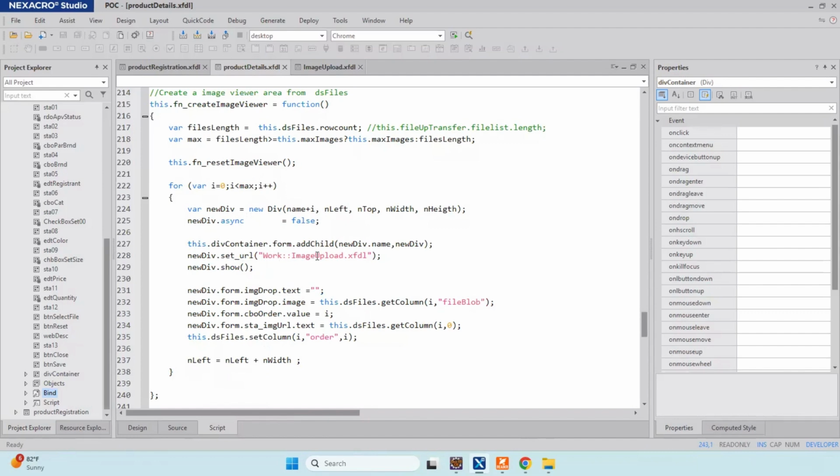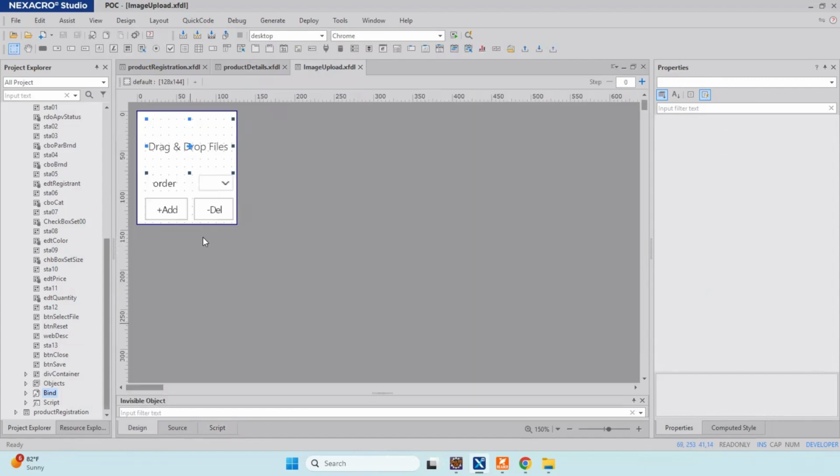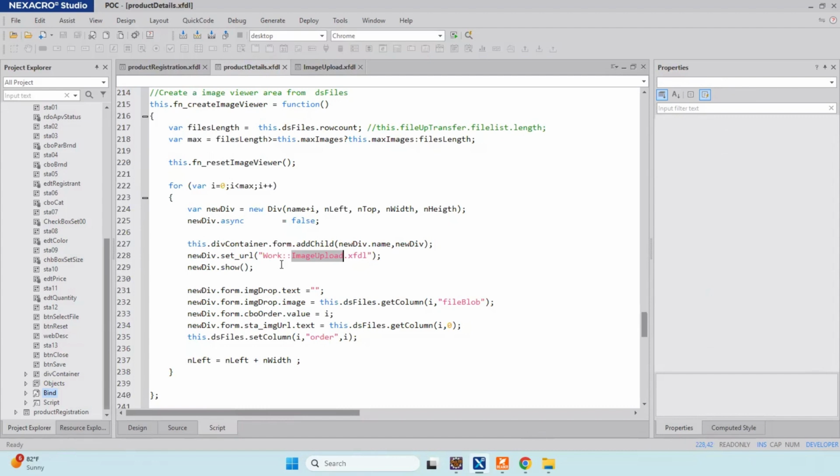We set the URL as the imageupload.xftl file. This is the area. We set the image from the file block column of the DS files.